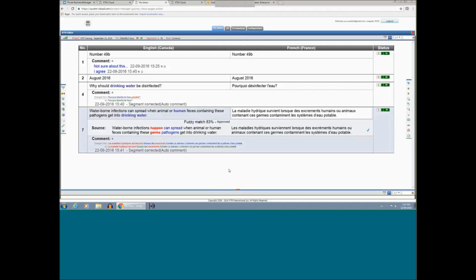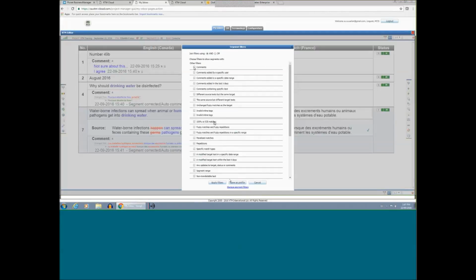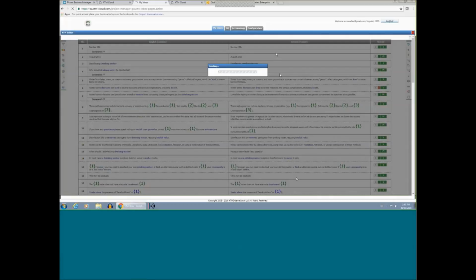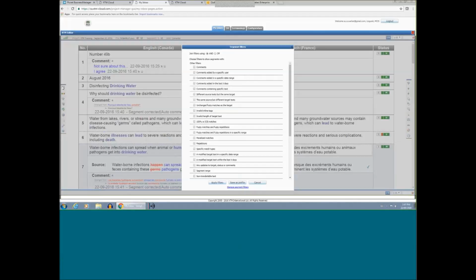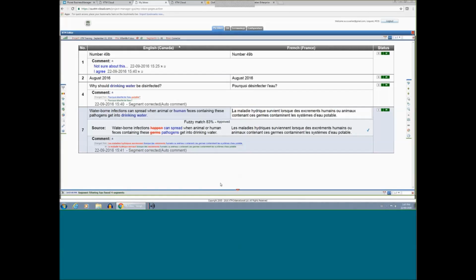If you do want to see them, of course, you can always go back here and uncheck apply filters, and you can see everything, okay? But to save you some time, you can simply do this. And then once you have reviewed all the changes here and rejected or not, you can finish your task. However, this is the validation of revision step, and the process is a little bit different at this point